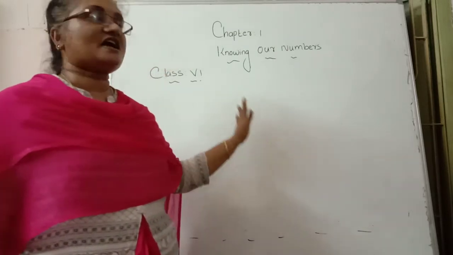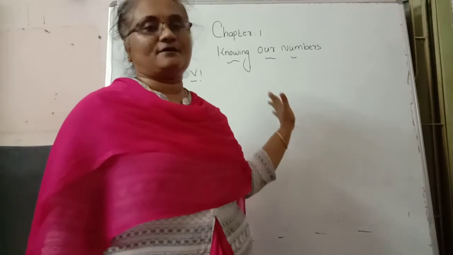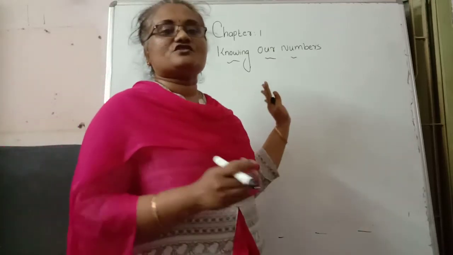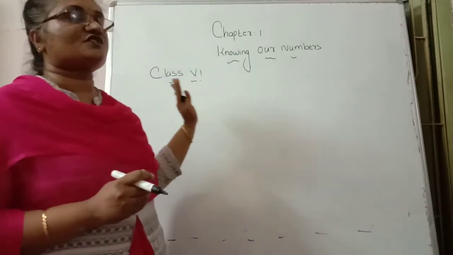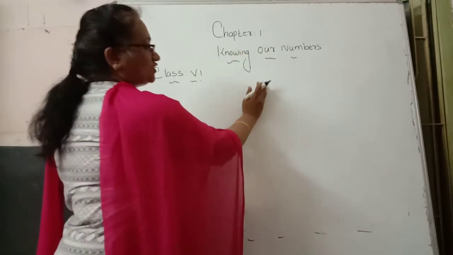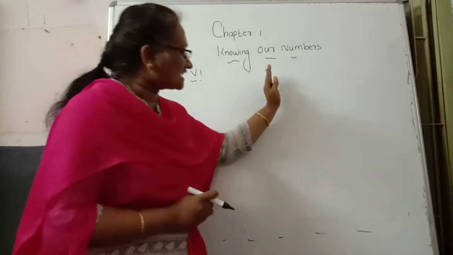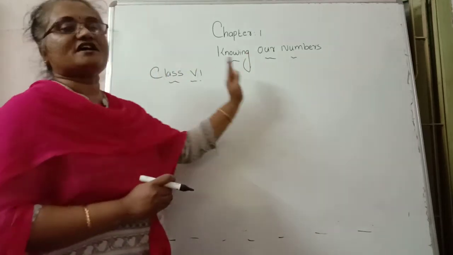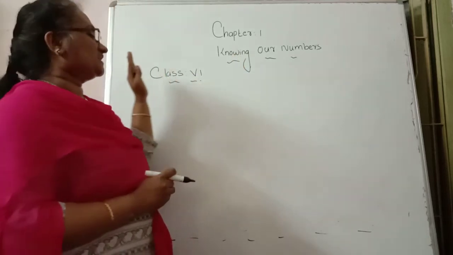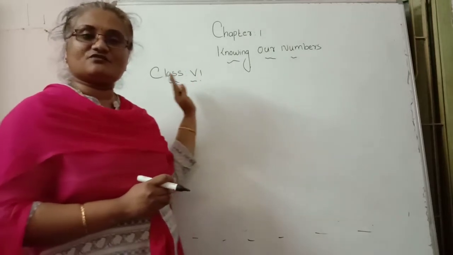So today I am going to teach how to read the numbers. In fifth class you learned somewhat about that. In sixth class we want to learn some more places. First, we know that small numbers are the first place values. We find the place values from right side to left side. After finding the place values, we start reading from left side to right side.